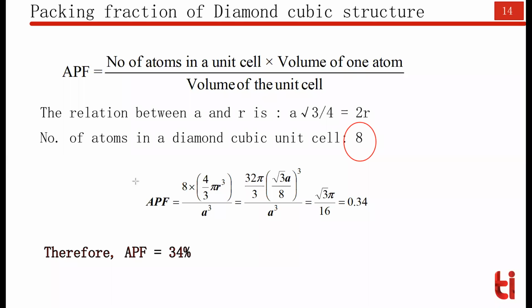So if I write APF, I have the number of atoms, which is equal to 8, multiplied by the volume of a single atom, which is equal to 4 by 3 pi r cube. So we have 8 into 4 by 3 pi r cube divided by the volume of the unit cell, which is a cube. Now, if you remember, whenever you are deriving the APF, we convert r in terms of the lattice parameter a. So for that, what one should do is look along the direction which has the highest